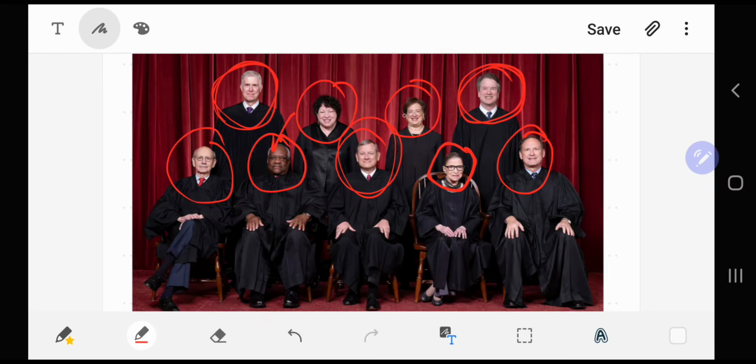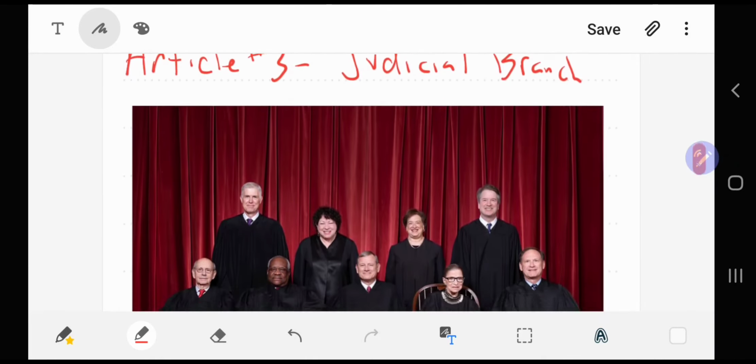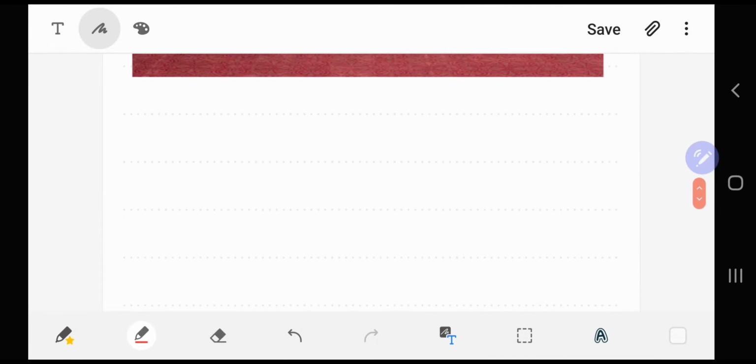Anyhow, the judicial branch, again, they enforce the laws. They make sure everything goes off, in theory, without any problems. Article number 4. All right, now Article number 4, you might say that one caused us a bit of a war, the Civil War. Article number 4 sets out the rules for how the states get along, but it also, in a certain way, preserves states' rights.